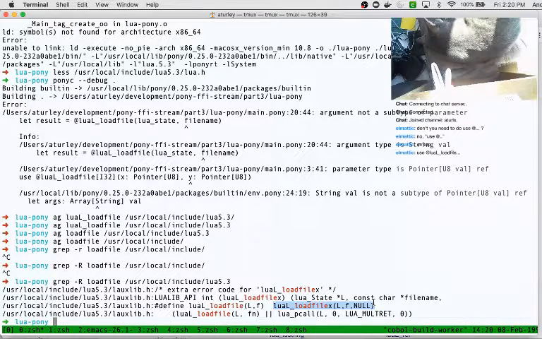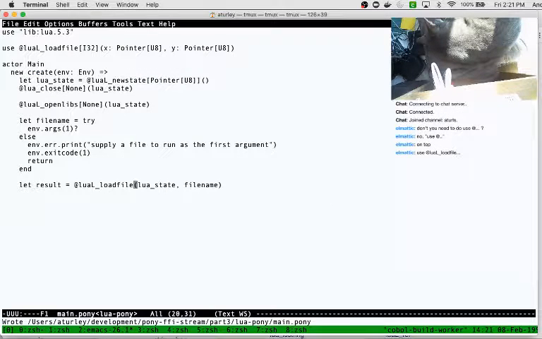And so this happens a lot. You'll be reading some C documentation and it'll tell you, hey, use this function to do this thing. And it turns out that it's actually telling you to use something that's been defined with a define in a header file. And so again, there's no symbol for it, so the compiler can't find it. So what we actually want to do is